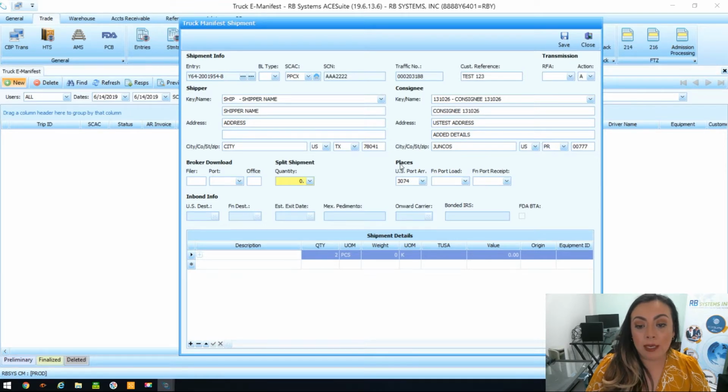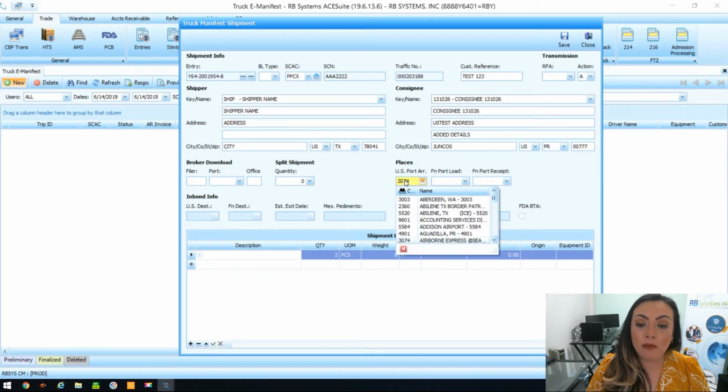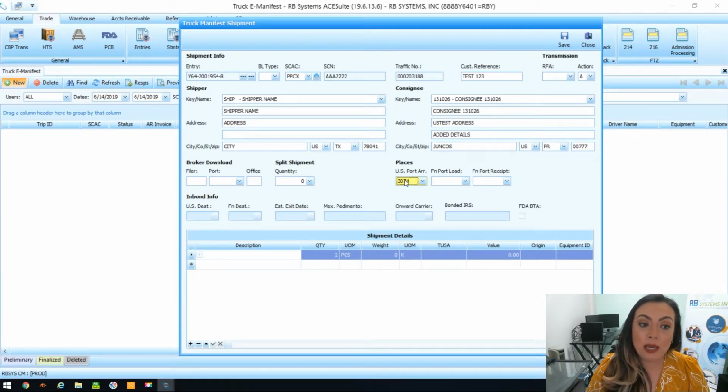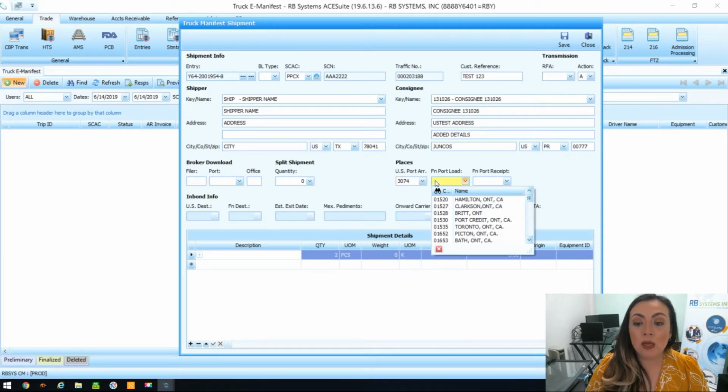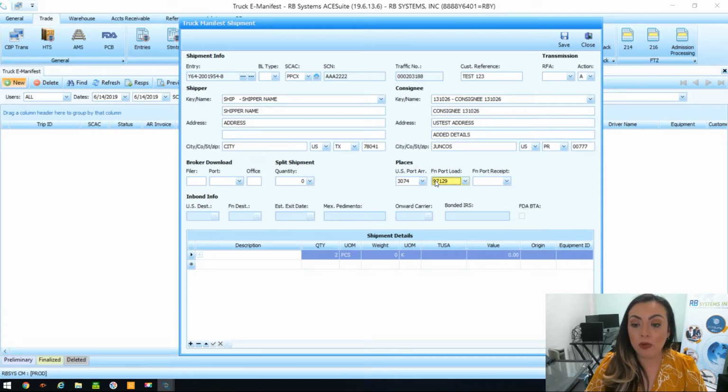Next, you need to add the places involved for the eManifest. So you need to add your US port of arrival, which it will pull from the entry if you have it linked to an entry summary. If not, input it manually, the US port of arrival. You need to enter the foreign port of loading, which is the foreign port where the merchandise was loaded. First port of loading, I'm sorry. And then you have your foreign port of receipt. Now the foreign port of receipt is optional